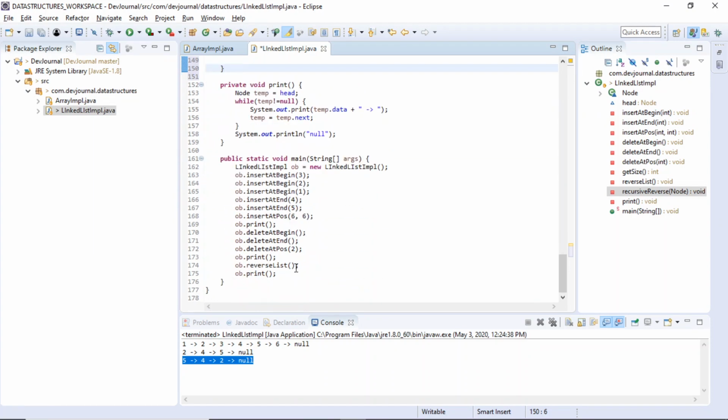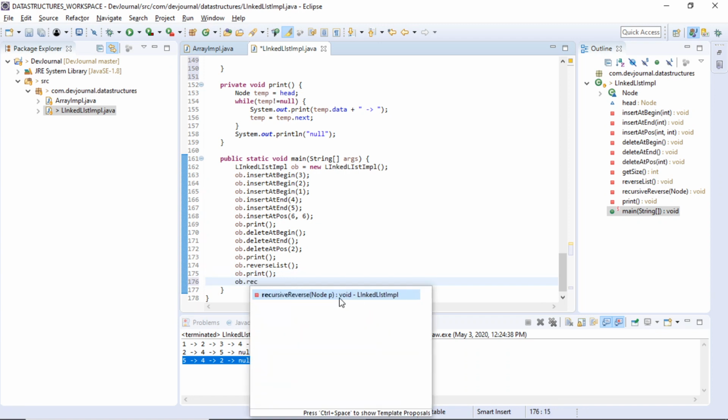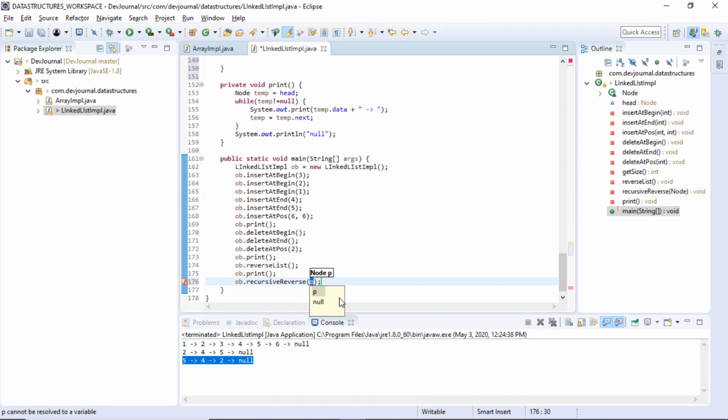We can check this also. ob.recursiveReverse, initially we'll say head, ob.head.